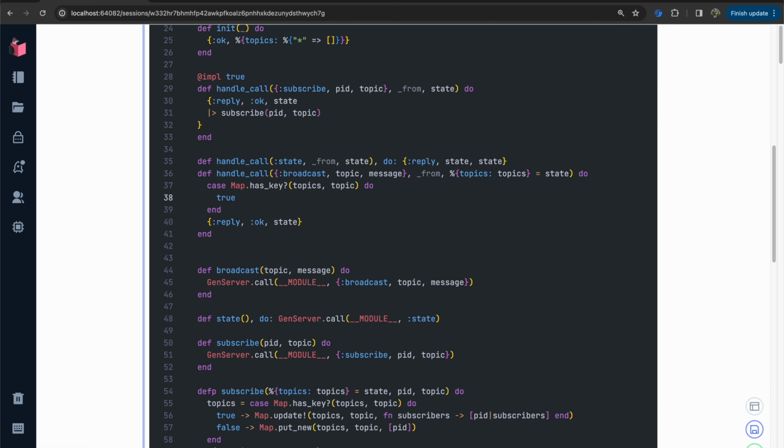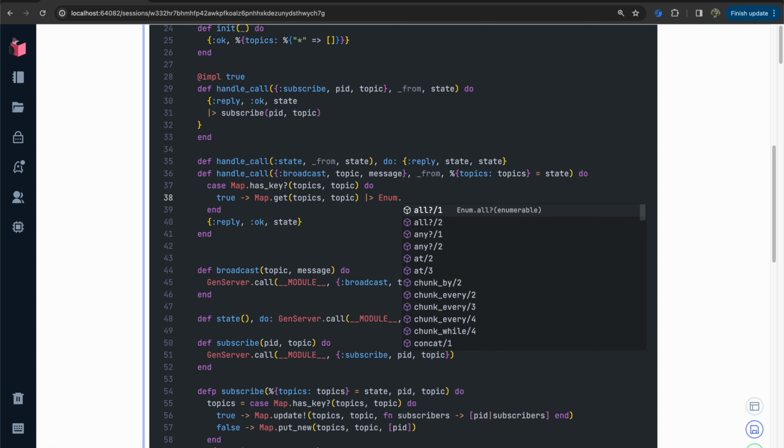If it's true, then we loop through. So we do Map.get, and that will be our topics map and our topic key, and then we can pipe that into Enum.map,